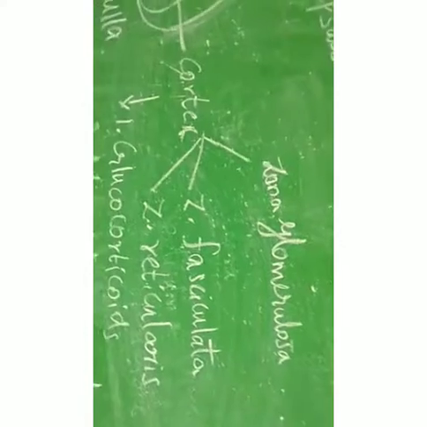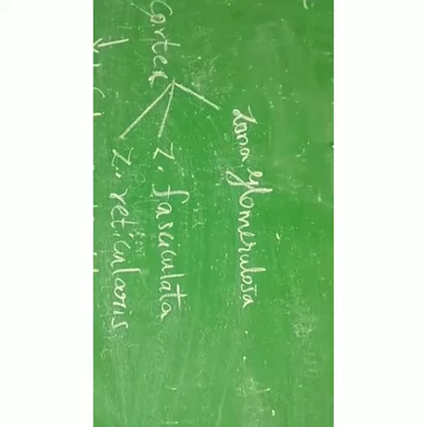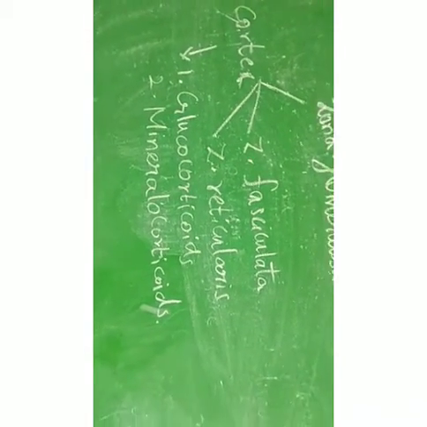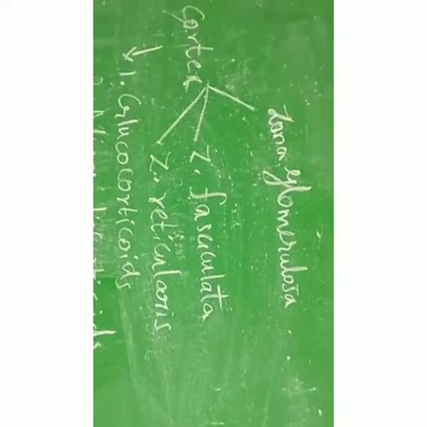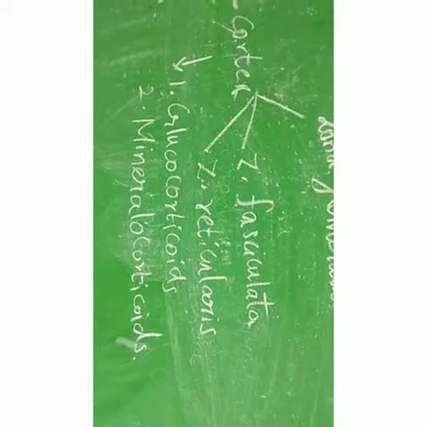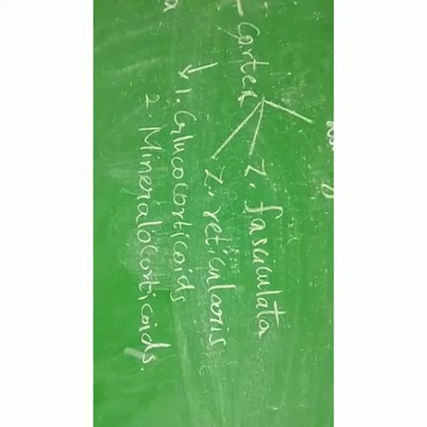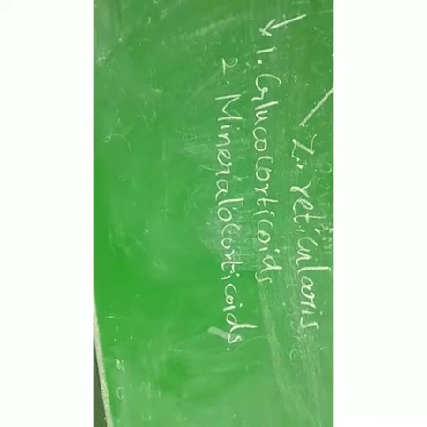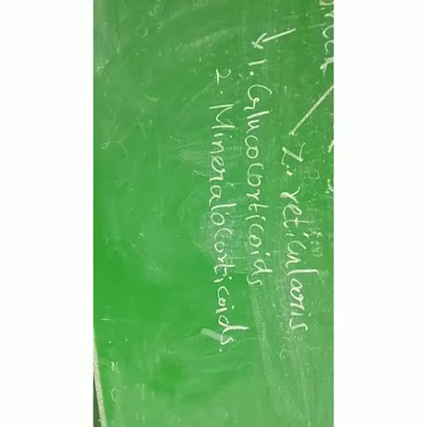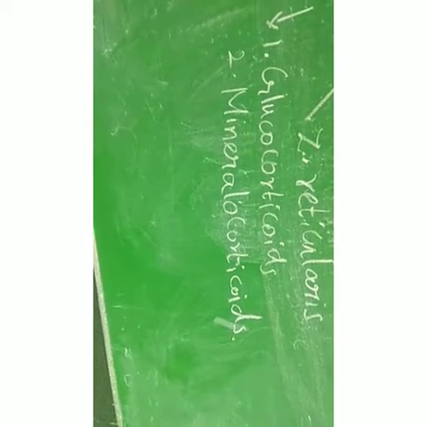So in the cortex region, the three layers are the zona glomerulosa, zona fasciculata and zona reticularis. They secrete two hormones, glucocorticoid and mineralocorticoid. Glucocorticoid is secreted in the zona fasciculata, the middle zone. It regulates cell metabolism, stimulates formation of glucose from glycogen, and acts as an anti-inflammatory and anti-allergic agent. Next, the zona glomerulosa secretes aldosterone. It helps to reabsorb sodium, increases excretion of potassium ions, and regulates electrolyte balance in our body.